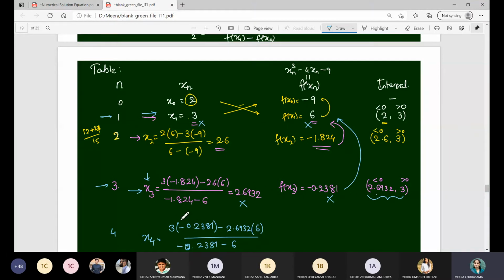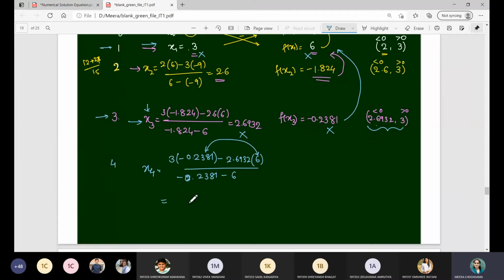Make it a practice every time that what you write in the brackets has to be the function value, so that you can easily write the denominator as this minus this, right? But if you interchange the roles of the function and the points, then that logic will be incorrect. Okay, so what will be this value? 2.7049. Very good. That is the correct one.